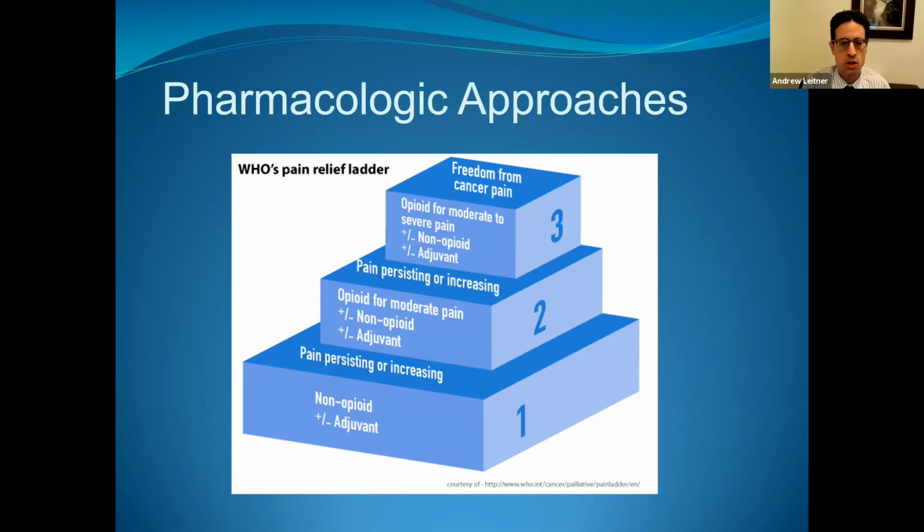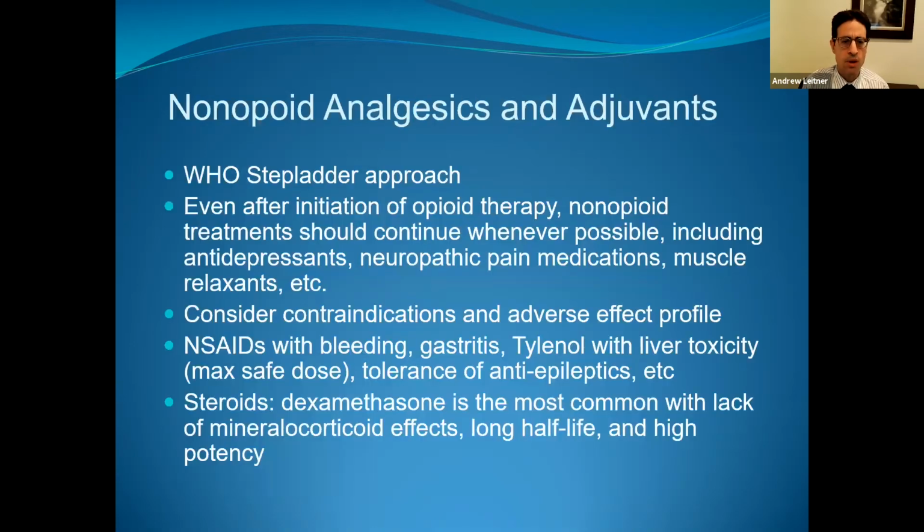But as far as opioids are concerned, we think about pain states that are more continuous with significant pain flares, breakthrough pain. And at that point, we're looking at dose increase, medication rotation, but using opioids as well as non-opioids. For some of the non-opioids, over-the-counter medications are highly encouraged for most patients, Tylenol, Advil. Clearly, you have to be concerned with patients with bleeding risk, gastritis, liver toxicity, but those that don't, we actively encourage these. There's a number of topical formulations which we can get into, use of steroids,